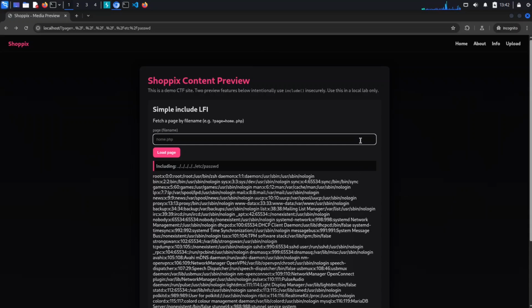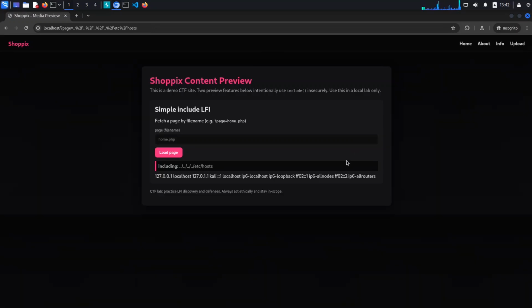So let's also load etc hosts, and of course we can read that as well. Now, let's say, for example, that we also want to read the PHP code of this website if we want to leak code secrets or find any other code vulnerabilities. If we simply try to load a PHP file, it's just being rendered in the browser, but the code itself is still not exposed. For example, we have here